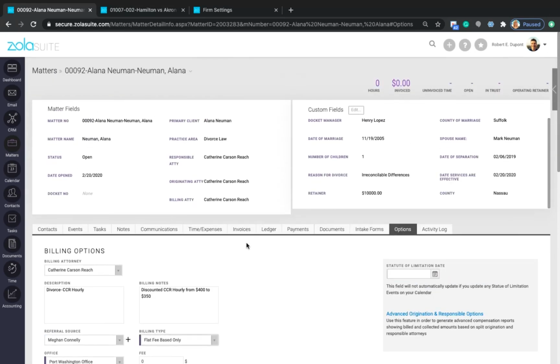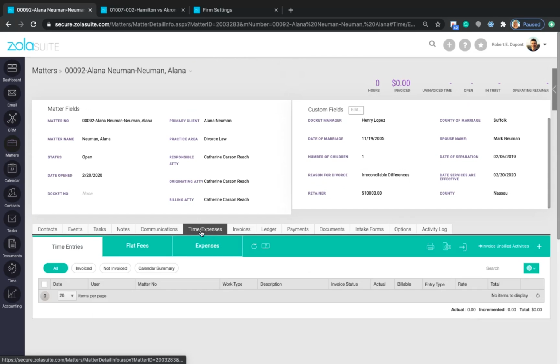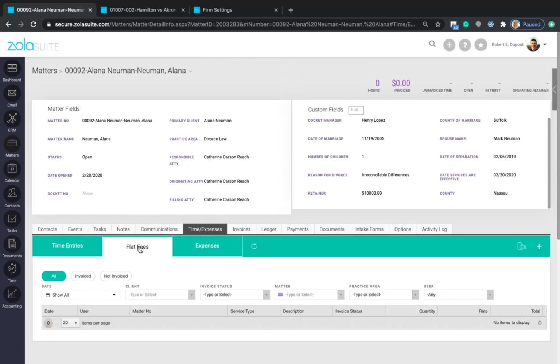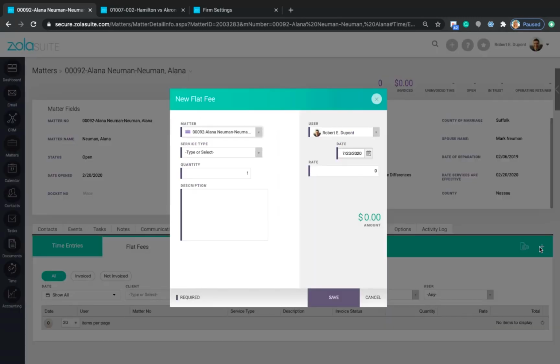So in this situation, if I wanted to create a flat fee for this matter, what I would do is I would go to my time and expenses tab. I'm going to go over to the flat fees section. And just keep in mind, this is all part of my WIP, my work in progress. That includes my time entries, my flat fees, and my expenses. So I'm going to create my flat fee with the plus sign here. The service type dropdown is going to feed directly from that area in firm settings that we looked at. So I'm going to choose my